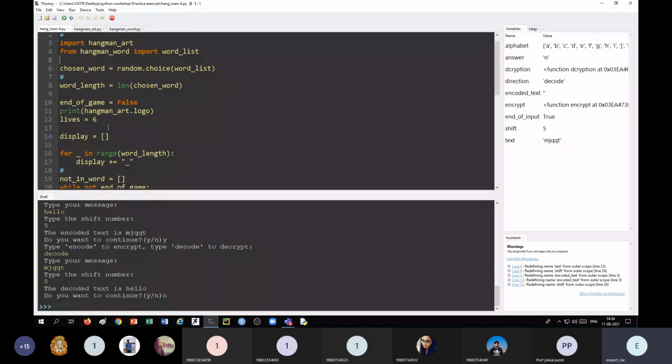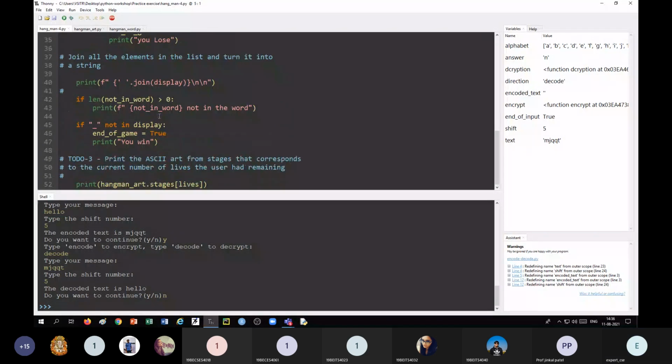Next, because we are printing from hangman_art, we write hangman_art, the qualifier dot, and logo. Similarly, while printing the elements in the list stages, we write hangman_art.stages.